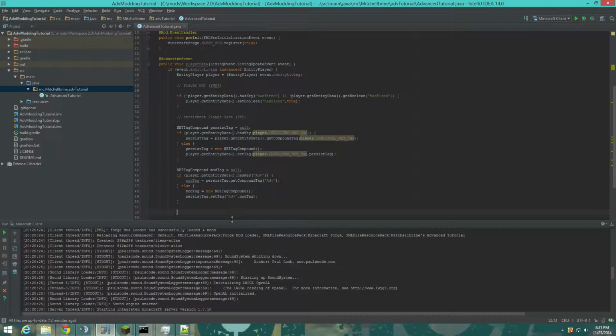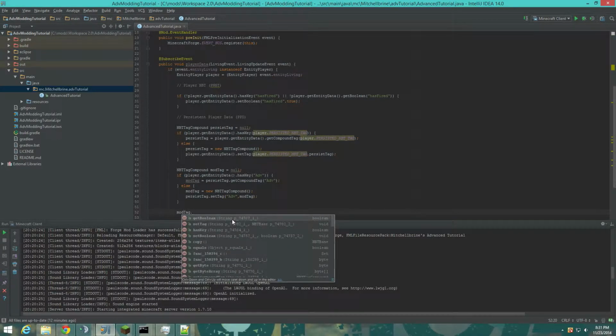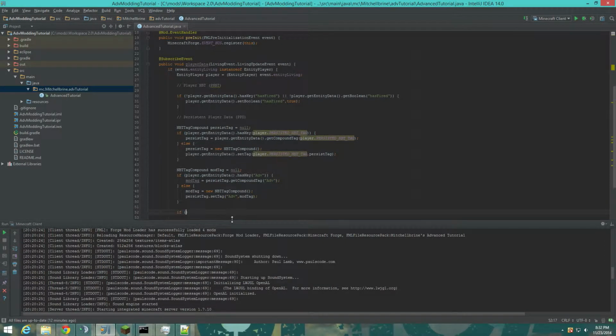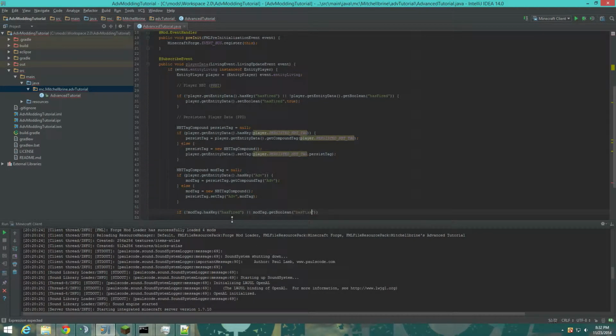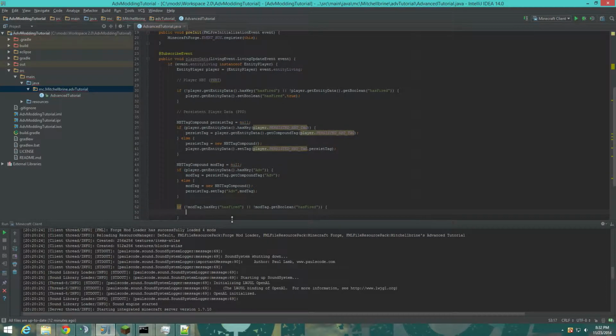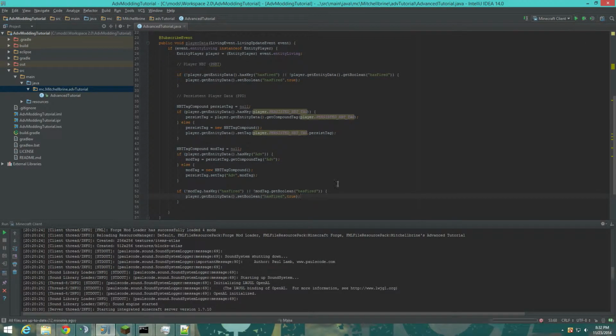And let's do that. So we're gonna do mod tag, which is basically a new NBT tag compound. So if mod tag dot has fired doesn't have it, or has fired is equal to false, get boolean has fired equal to false, then player.getEntityData set boolean has fired true. So now we can just launch a world,